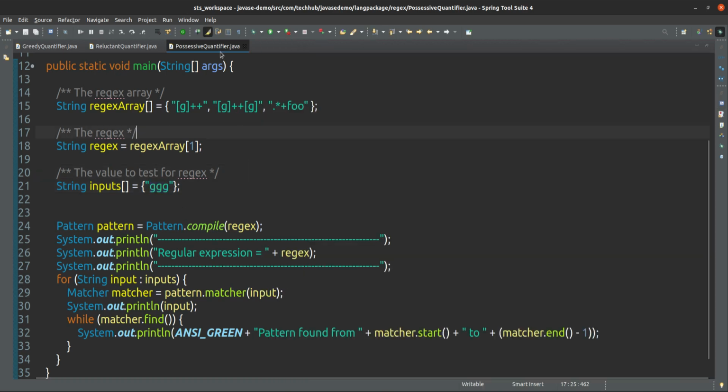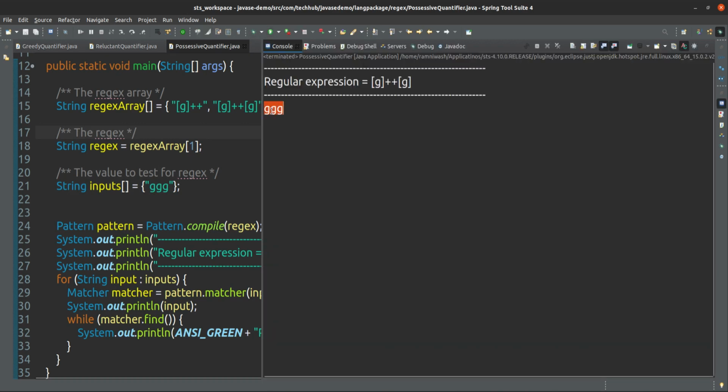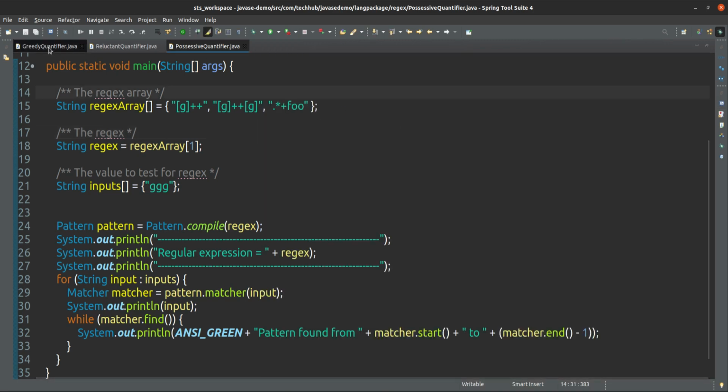Oh sorry, it is not passing, see, g is not passing, because this entire expression will consume this complete string and nothing is left for one more g, so it will not pass. So this is the difference between greedy, reluctant and possessive quantifiers. You can do more practice, take more examples and try to understand it. You will come to know what exactly the difference between them is.